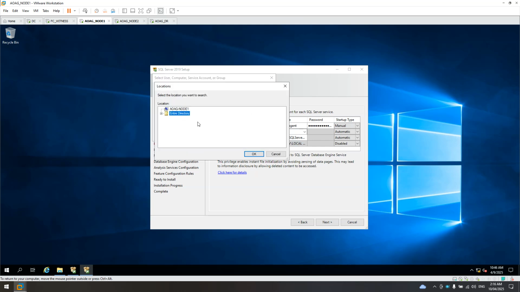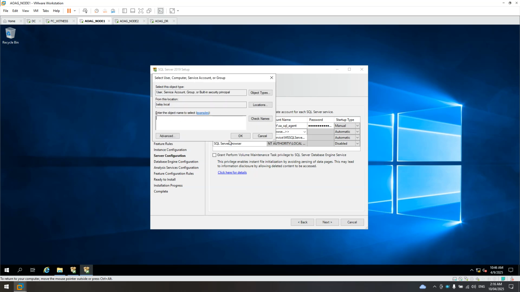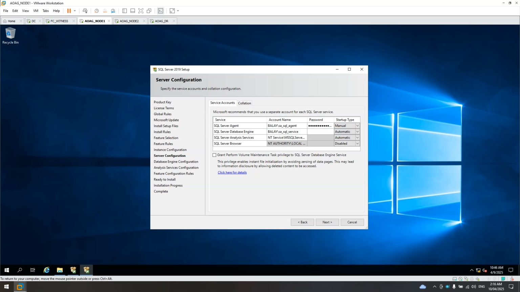Browse, service account SQL service. Type in the password, and make sure startup type is automatic for both. For the full-text service, just leave that one. You can change that later if you will use it. And grant perform volume maintenance task. Make sure you tick that one.